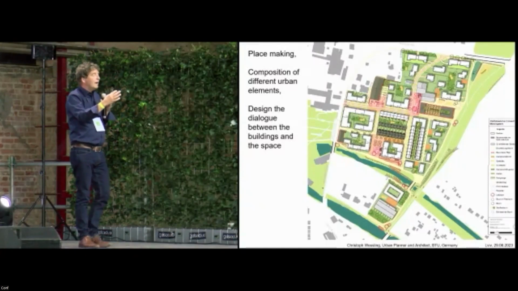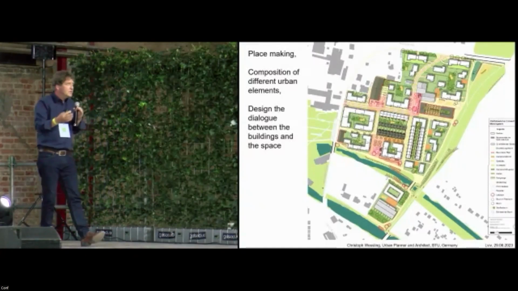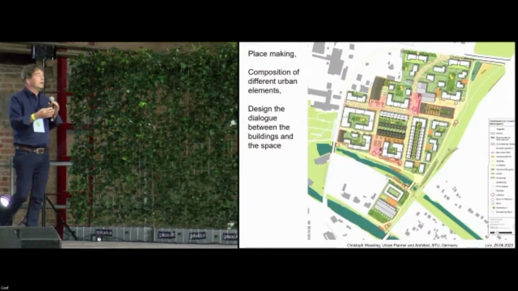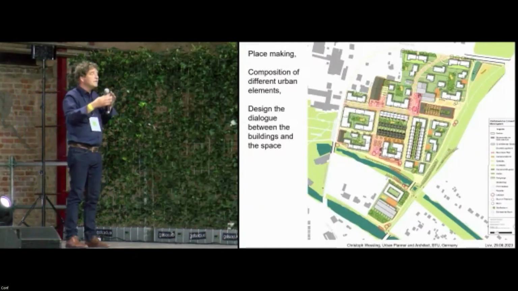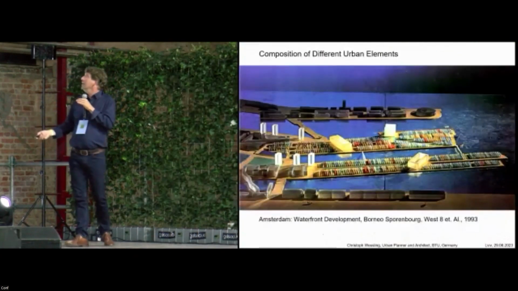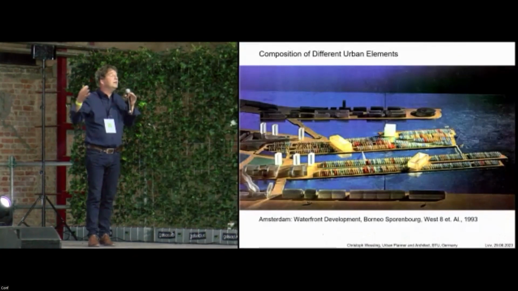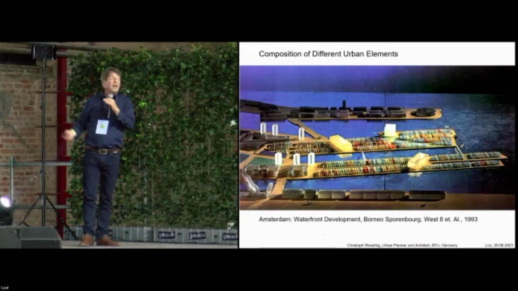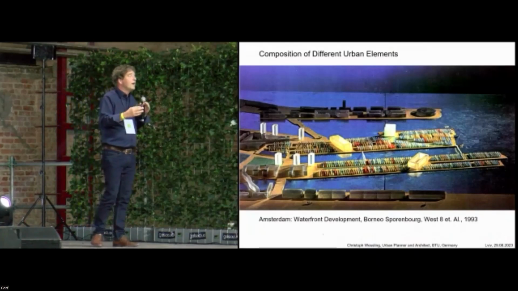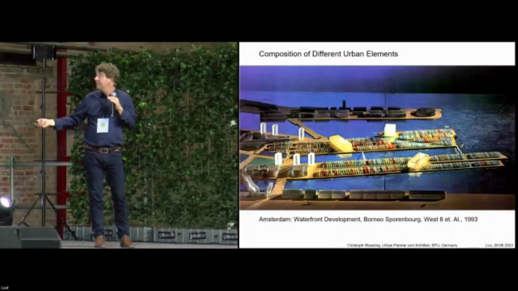create individual spaces for the people to live in, and combine this with the structure, and then you have the space for more individual development. And here you see this composition, dealing with different typologies. If there would be only row houses, it would be boring. If there would be only these elephants, it would be chaotic. Bringing them into a composition makes it attractive.